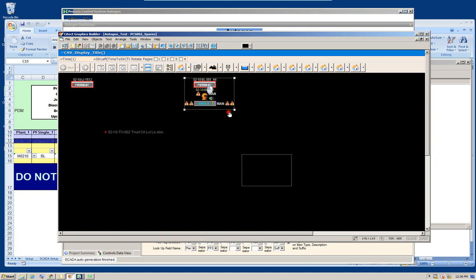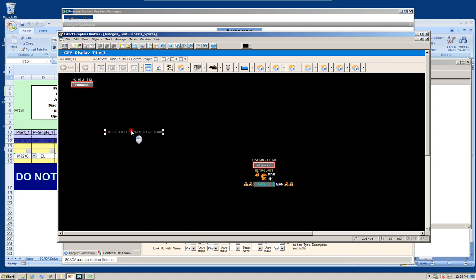So of course this is not a finished graphic. The user has to put those control items in places that are preferred by him and form the graphic page by connecting controls with lines, putting text in, putting page links to other graphic pages for the SCADA system, and all those items which are not really auto-generated.